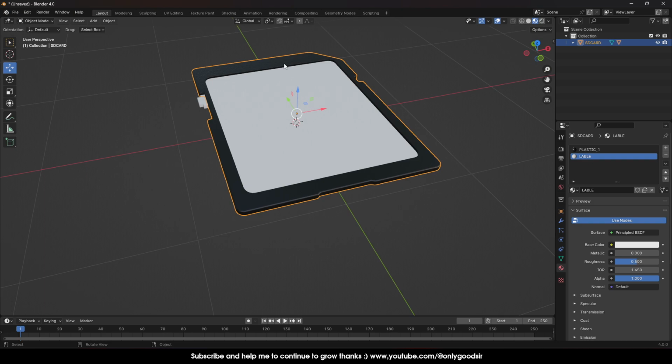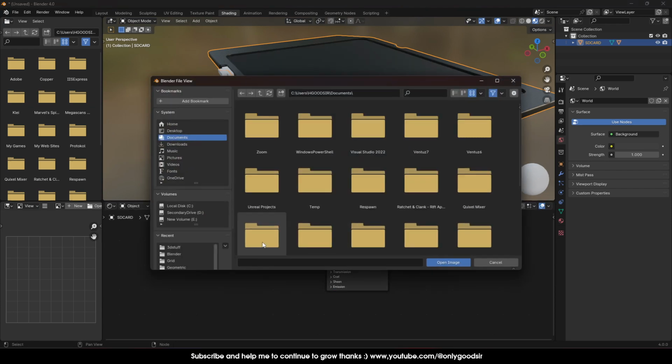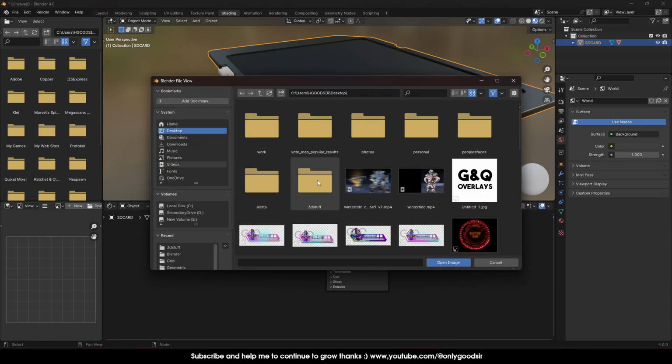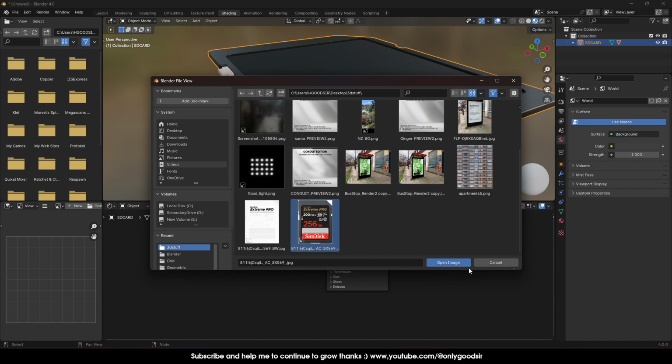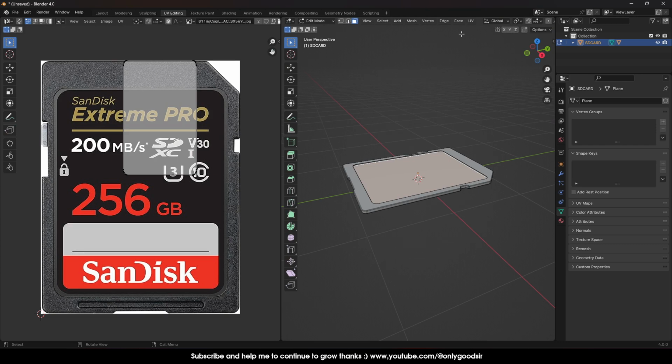Now if we go into shading, we want to apply a base color, which would be an image texture, right? So the color image texture, we're going to open, and you have to browse to that texture. So it's in here, my 3D stuff. Here's the texture, and it's wrong, right? So we have to fix the UVs for that. So let's do that first. So let's click on UVs, and if we go here and we go